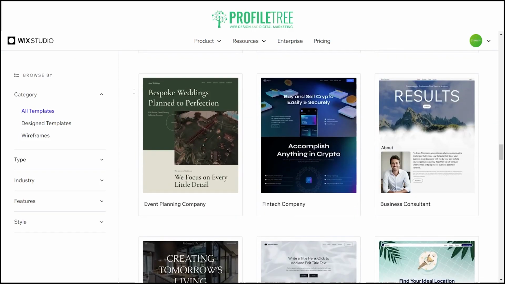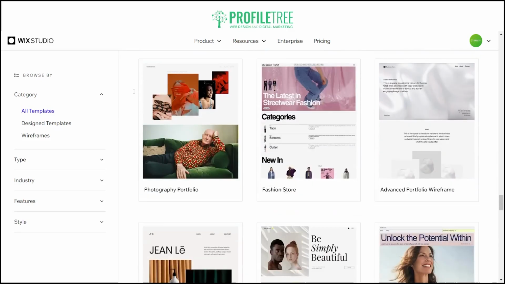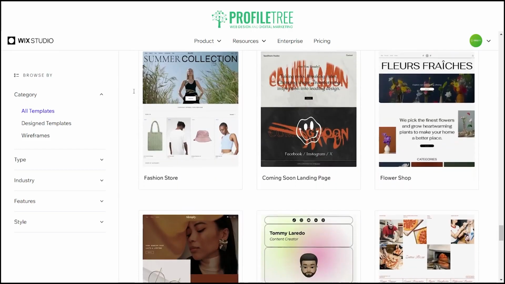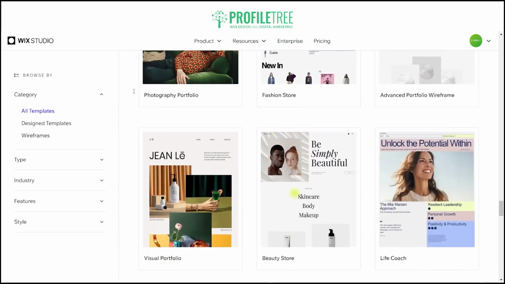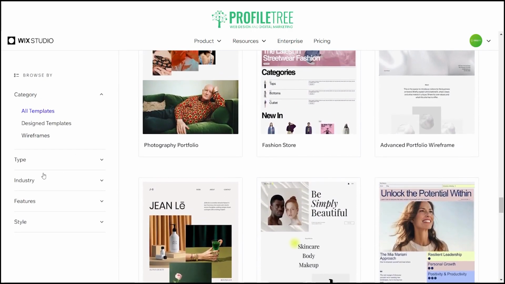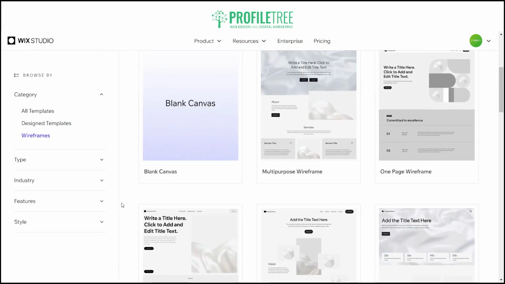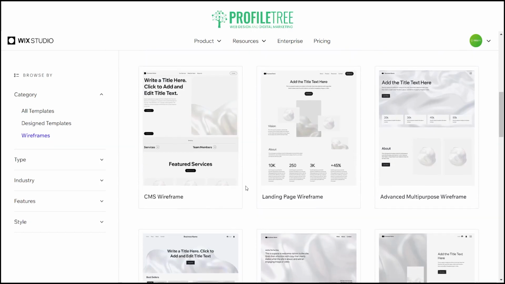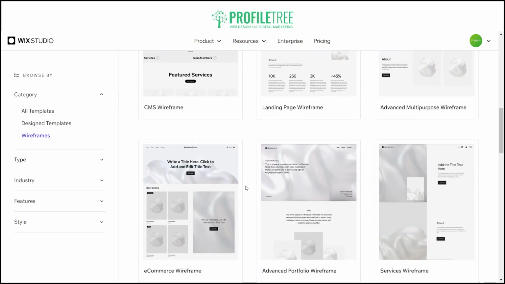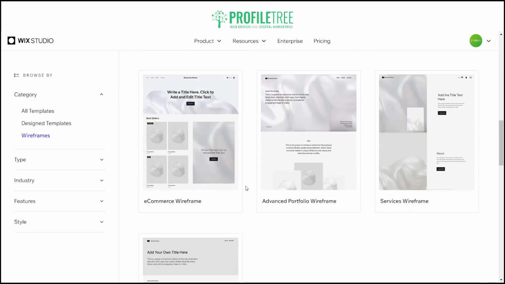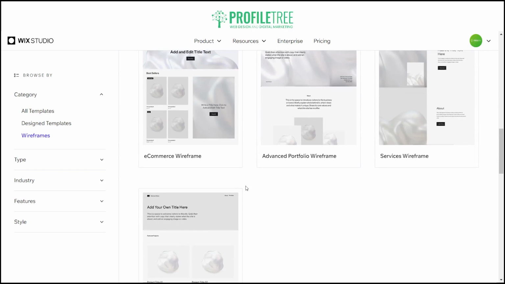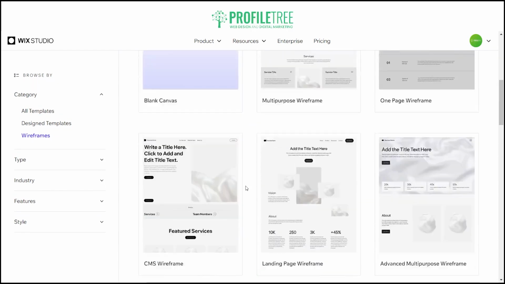I'll just showcase this one actually, and then I'll jump on to Wix Editor and showcase that as well. But this is Wix Studio. You have several different templates to choose from, or you can go for a wireframe if you don't want to go for a designer template. Now, this pretty much has everything that you need, from blank canvas to multi-purpose wireframe, one-page wireframe. You've got a CMS wireframe, landing page wireframe, advanced multi-purpose wireframe, e-commerce wireframe, advanced portfolio wireframe, services wireframe, and portfolio wireframe. So you're not